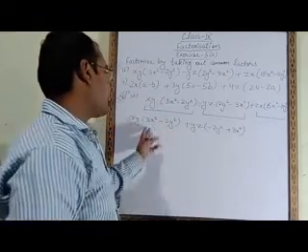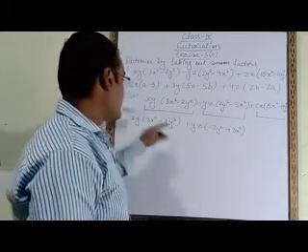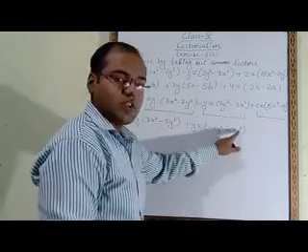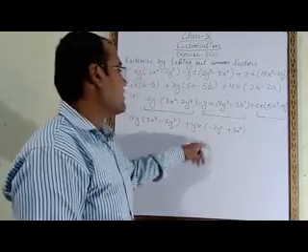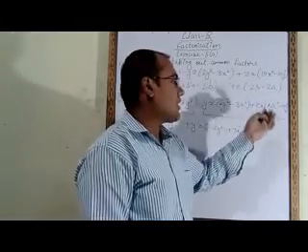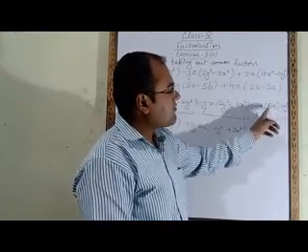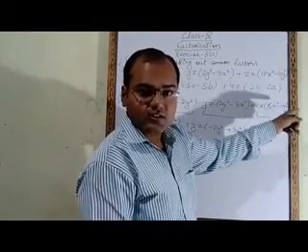Now we will check it. Both the brackets are the same. 3x square, here also 3x square. Here is minus 2y square, here also we are getting minus 2y square. Now come to the third term. In the third term, in the bracket 15x square minus 10y square is given.